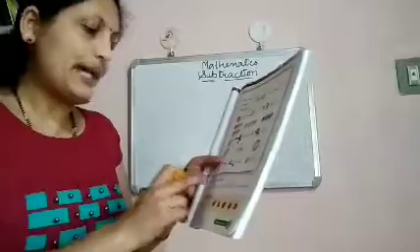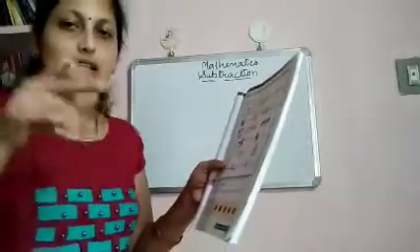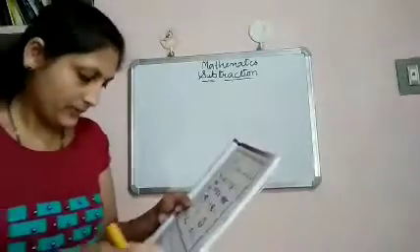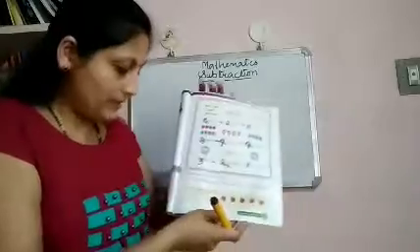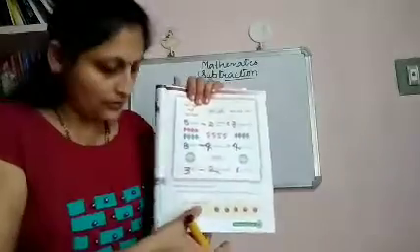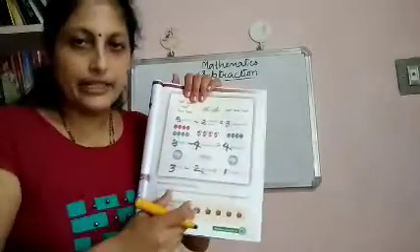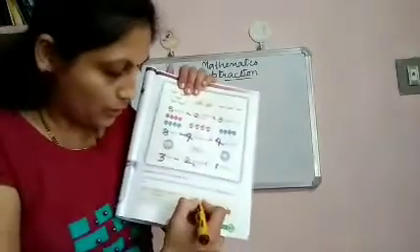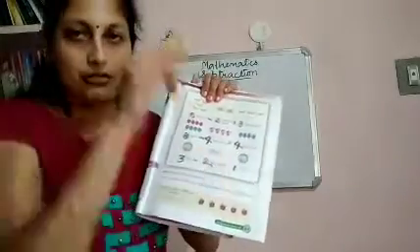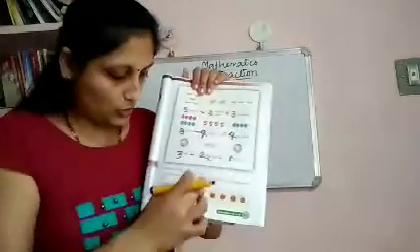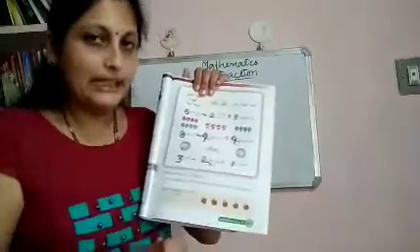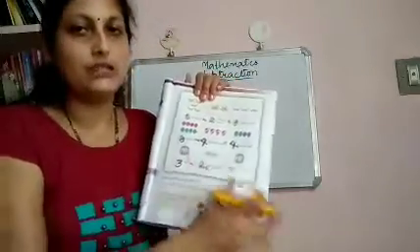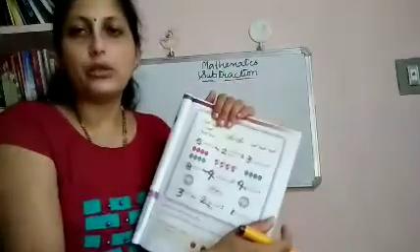Next, let us see subtraction by crossing out. Means drawing lines. So here you can see out of 5 apples. So here there are 5 apples. Out of 5 apples, 2 apples are eaten. Eaten, how they have showed here? By drawing, by crossing out. So 2 apples are crossed out. How many left? 1, 2, 3. So 5 minus 2 is equal to 3.